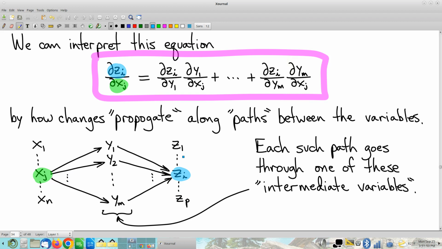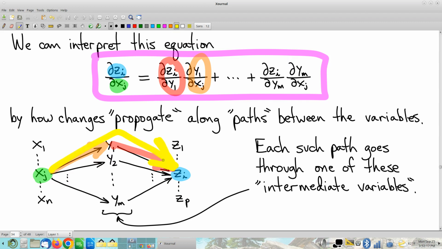And then also the mere fact of y2 changing will cause changes in zi, etc. Right? And what you're going to notice is that this arrow lines up perfectly with that factor. This arrow lines up perfectly with that factor,